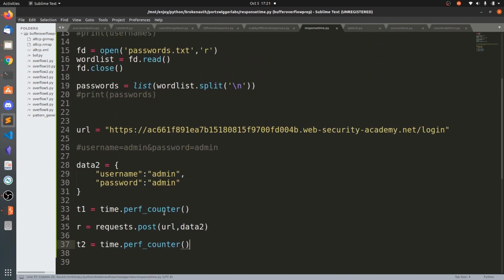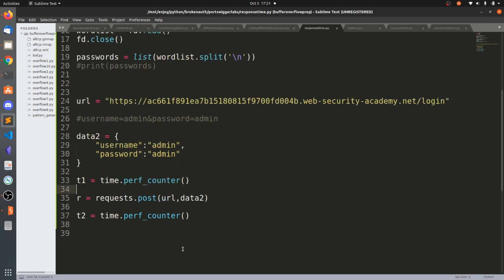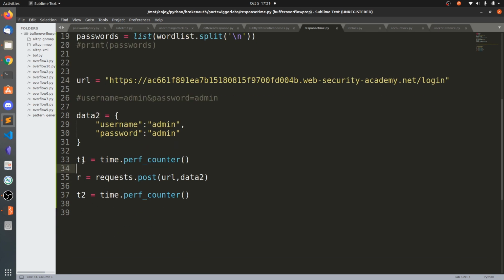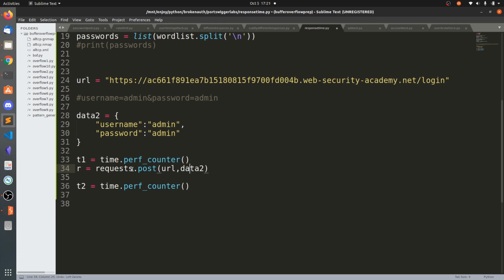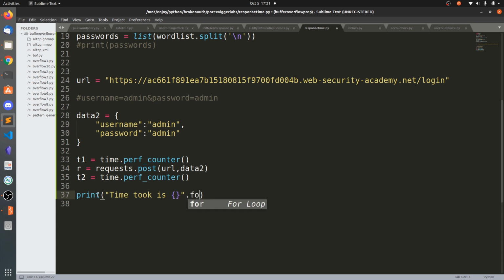Basically if you want to know how much time some lines of code take, you can put these two lines and subtract these two values to get the exact time this code took. Okay, now we are going to print 'time took is' dot format of t2 minus t1.